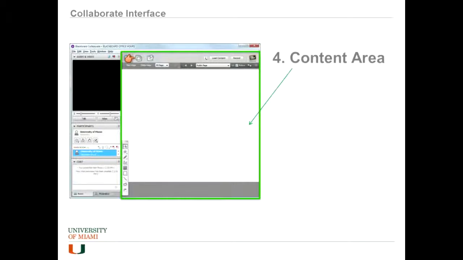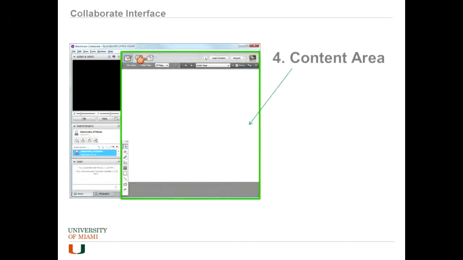The next one is the application sharing. This would allow you to share whatever you have open on your screen. So if you have your browser open, you can choose that to be shared. If you have a PowerPoint presentation, you can use it. Or whatever you have open at that moment on your computer, you can use it.